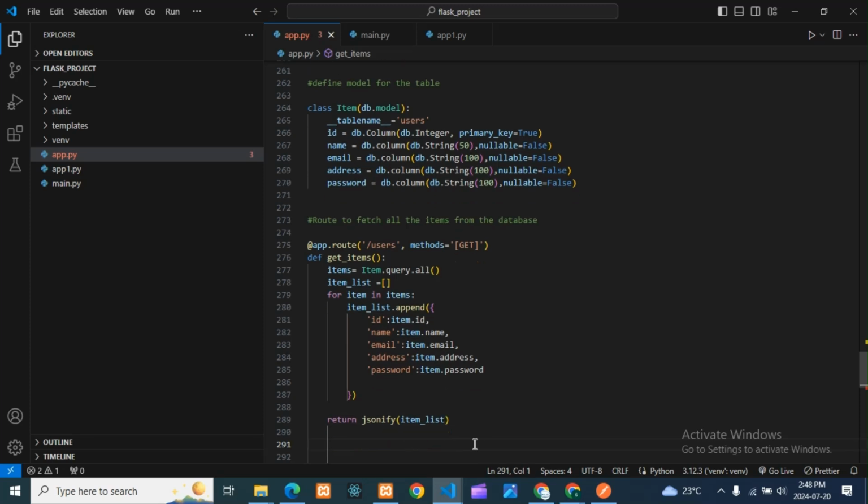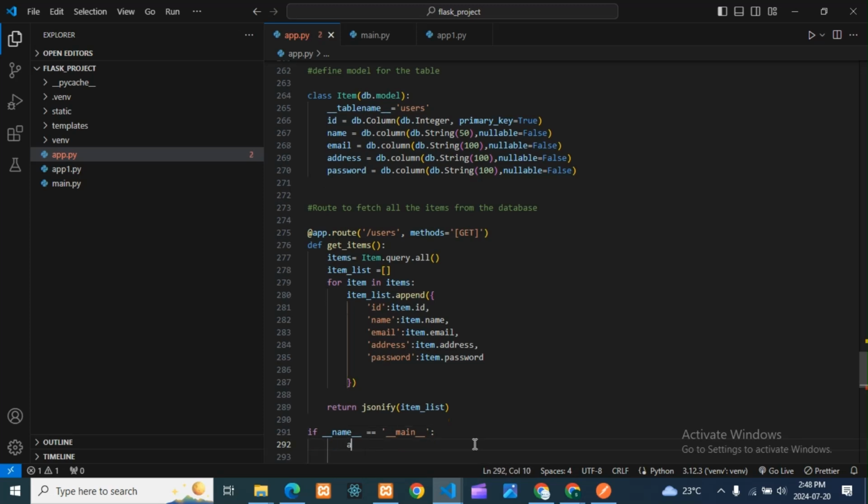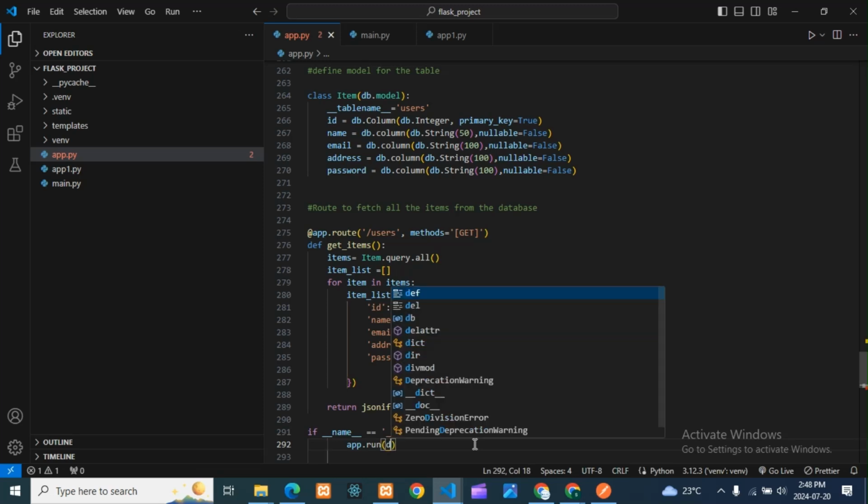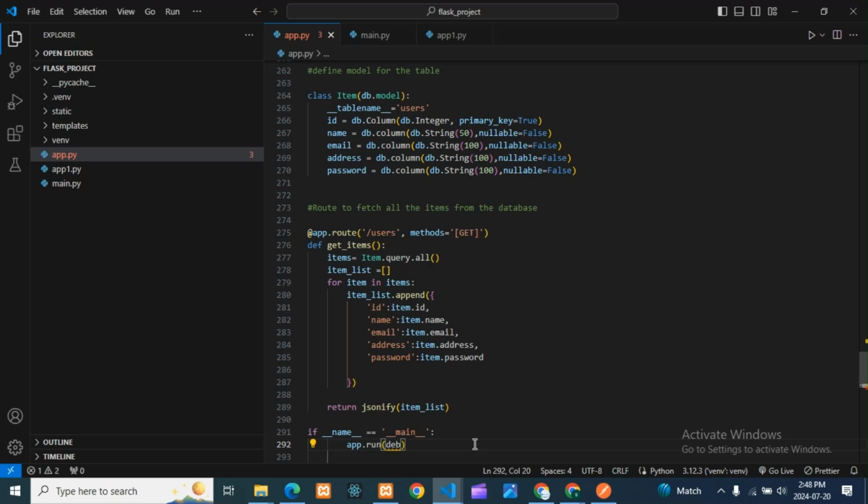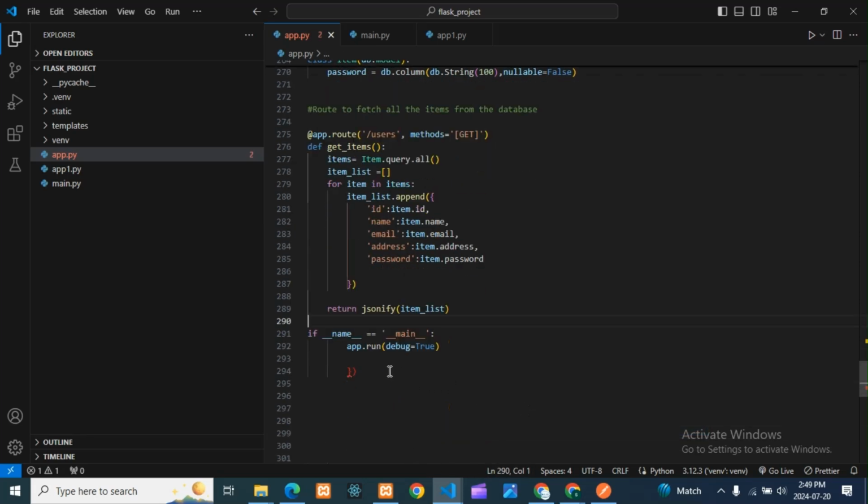Next, what we have to do is run our program. For that we need to use this thing, guys. This is common, it will come for all programs, even small ones. So main. Then if any errors are there, it will check and run, and if errors are there, it will give errors. So for that we are keeping debug mode true. So here my debug mode is true.